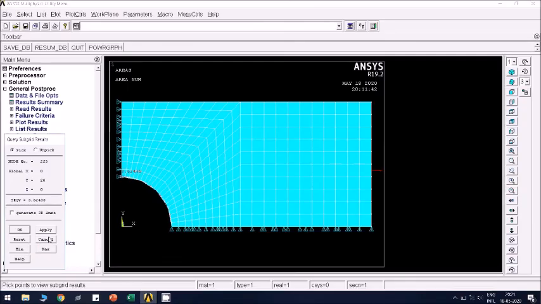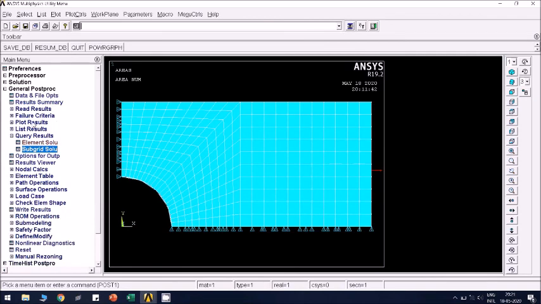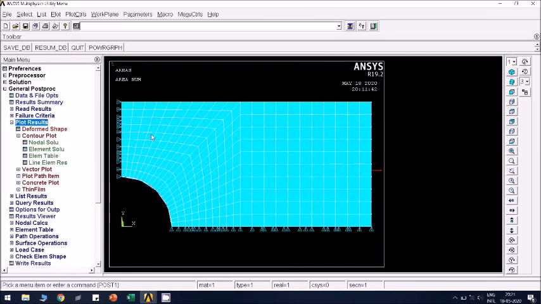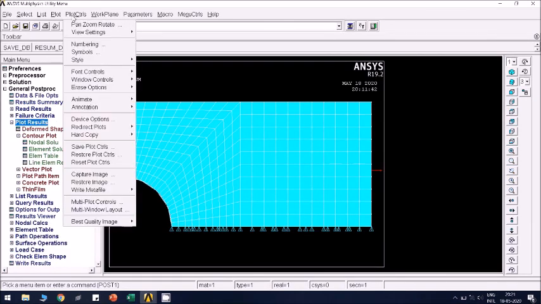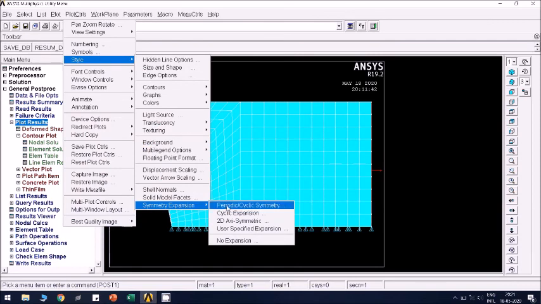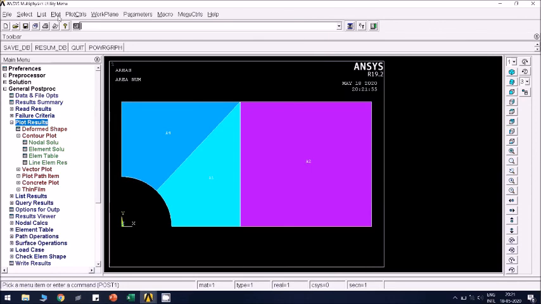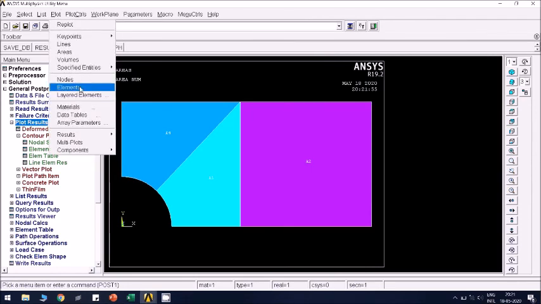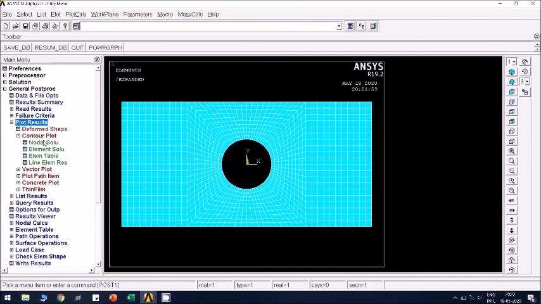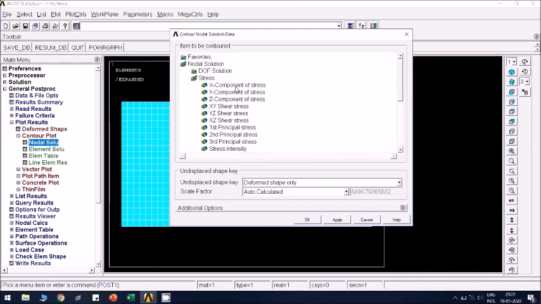Now for this same problem, we can expand the results to full plate, that is done using symmetry expansion. So go to plot controls, style, symmetry expansion, periodic or cyclic symmetry, 1/4 diagonal symmetry, click OK. You get the full plate, and whatever results you want to plot, you can plot it.